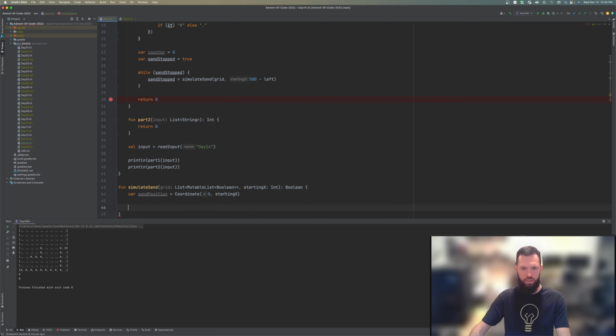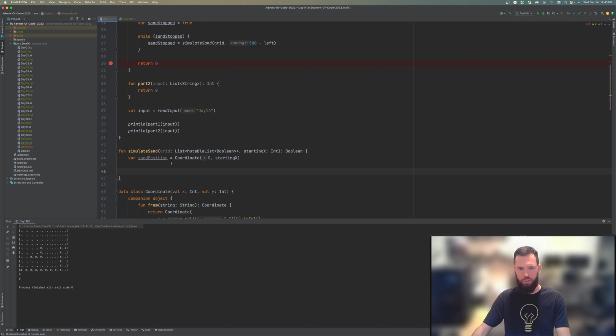And then we'll check the grid just sequentially and say if the grid, if the value down from y, so if grid sand position y +1